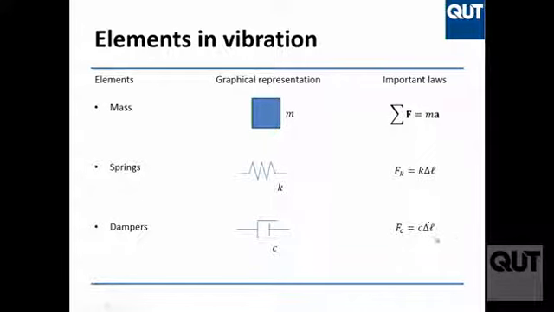The damper has a similar relationship, but the force that the damper gives me is proportional to the velocity at which I'm elongating the damper, not the amount. So if I do it very slowly, almost no force. If I pull very fast, I get a big force, big resistance from the damper. I get a big force pulling me back. Okay? Is it clear? Think about it.